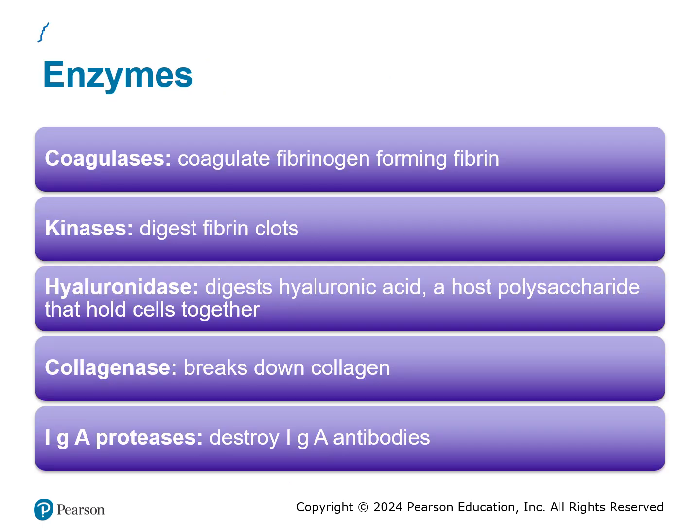All right, so let's look at these enzymes. All right, enzymes, sometimes they're good for us, but unfortunately these bacterial enzymes are pretty scary. So we have coagulases. They are going to clot or coagulate the fibrinogen, and that's going to form fibrin. So that's what your body normally does when you're bleeding. It's okay, but you don't want blood clots forming if you're not bleeding.